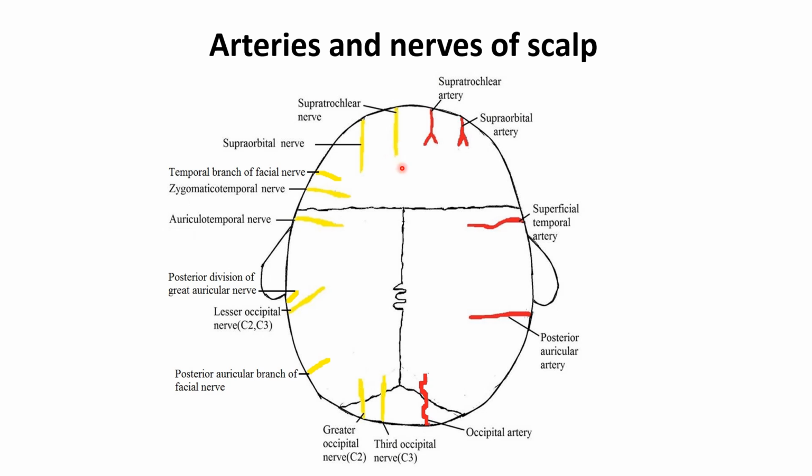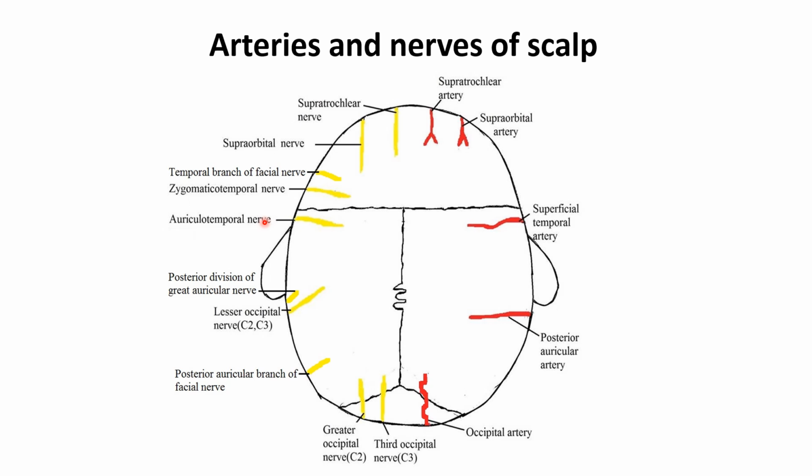From the front, we have supratrochlear nerve, supraorbital nerve, temporal branch of facial nerve. This is supplying the frontal belly of occipitofrontalis, so this is the motor branch. Then we have the zygomaticotemporal nerve and the auriculotemporal nerve. So the temporal branch of facial nerve is the motor nerve in front of the auricle, while the remaining nerves